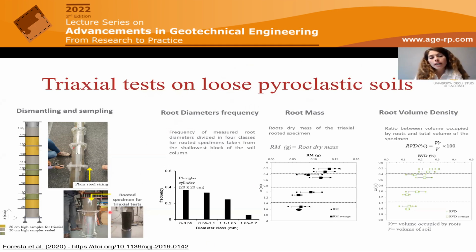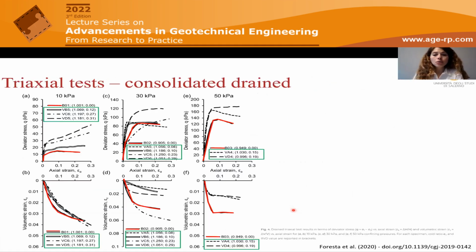So what we did was to take different samples at different depths, and then we also calculated some of the main root features, such as diameter, root mass, and root volume density. And here you can see that again there is this distribution which decreases with depth. If we look at the results for different samples with different root volume density, compared with the bare samples, which are those with the red continuous line, in consolidated drained tests,